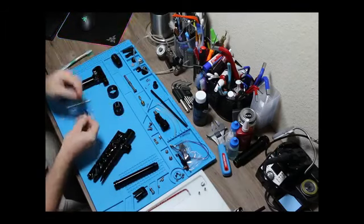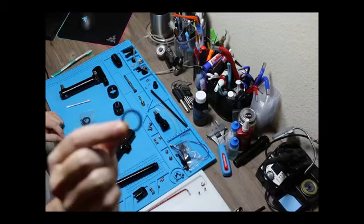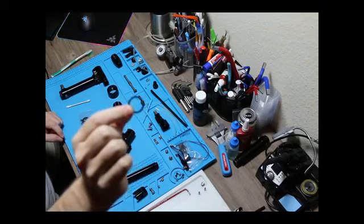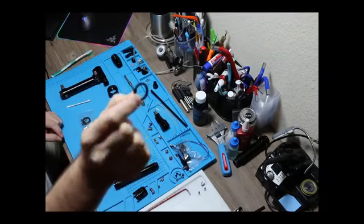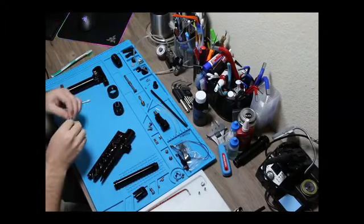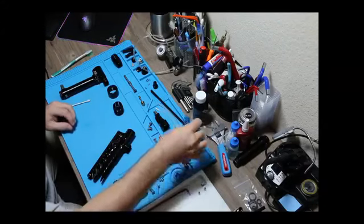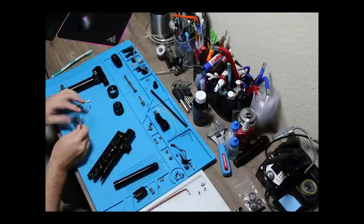So right here, I'll try to see if I can get it up close to the camera and focus. No, it just looks like an invisible halo. You can see it's square, or kind of like a flat disc. But yeah. Then another couple cool things I like to do is, most of the Intimidators use Humphrey solenoids,